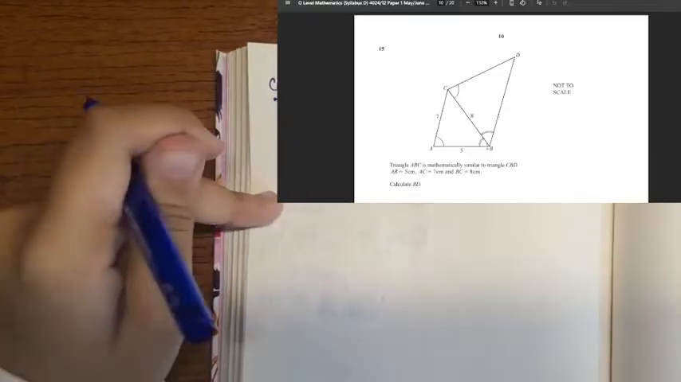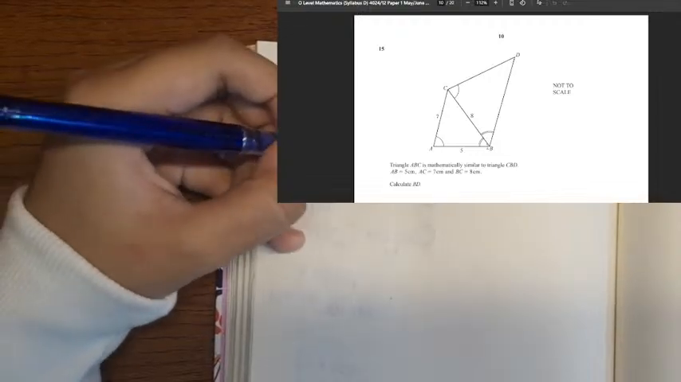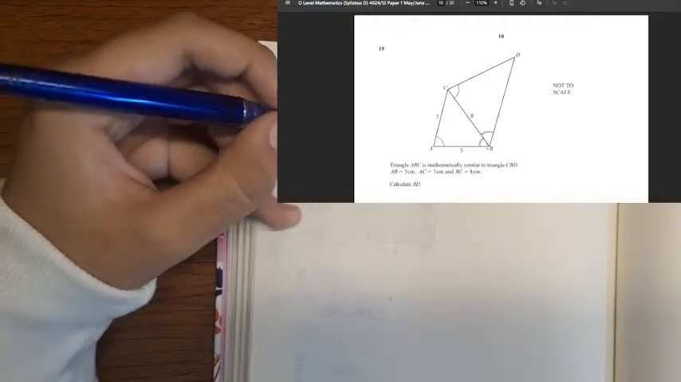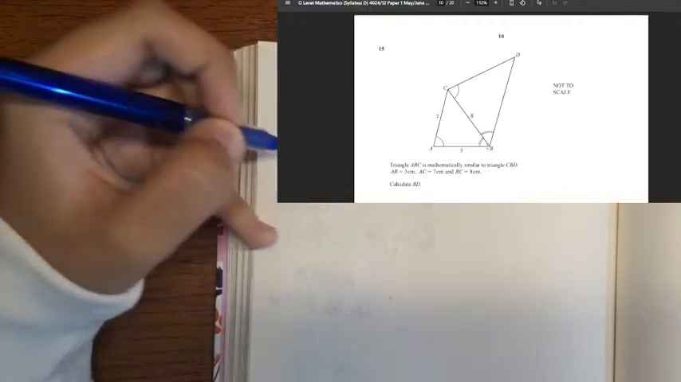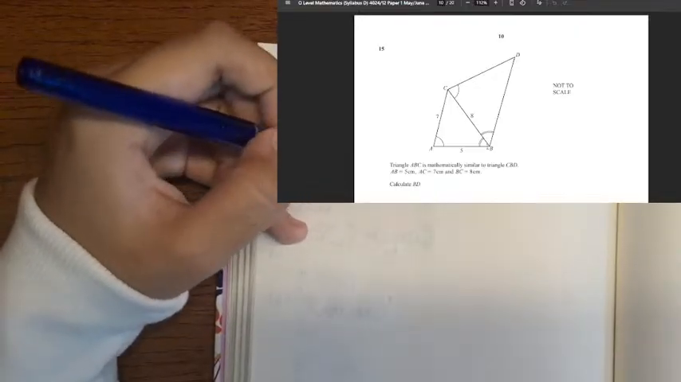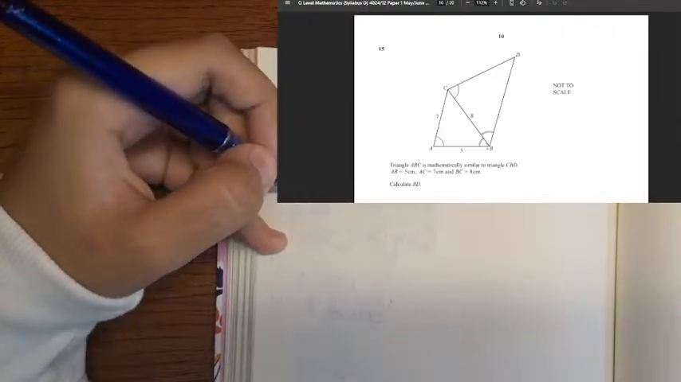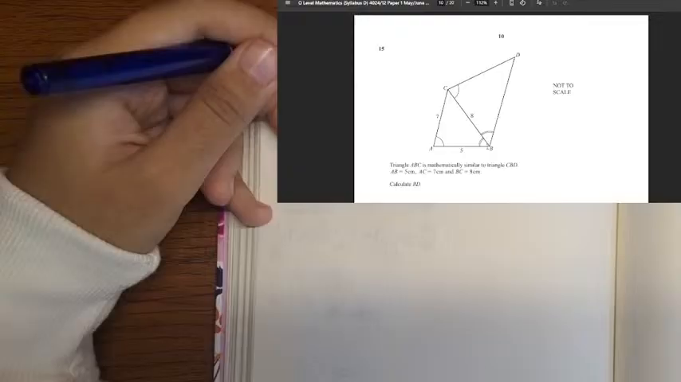Now these are all the similarities that we found out from the notations, and we're given AB, we're given AC, and we're given BC. So if we're given all of these values, let's see what we can actually find out, and we need to find BD. So using these values,